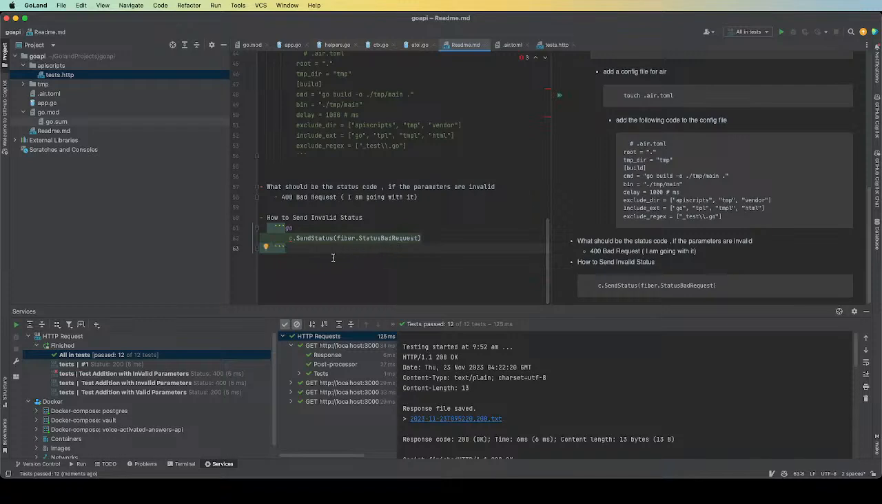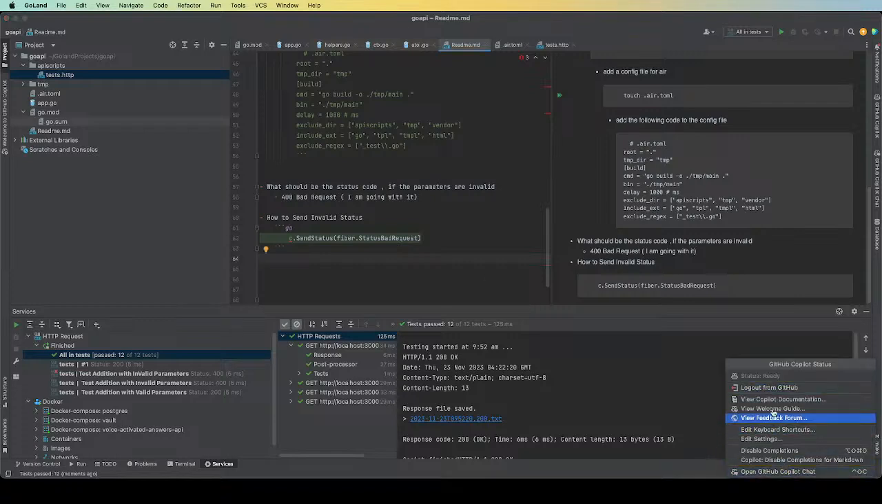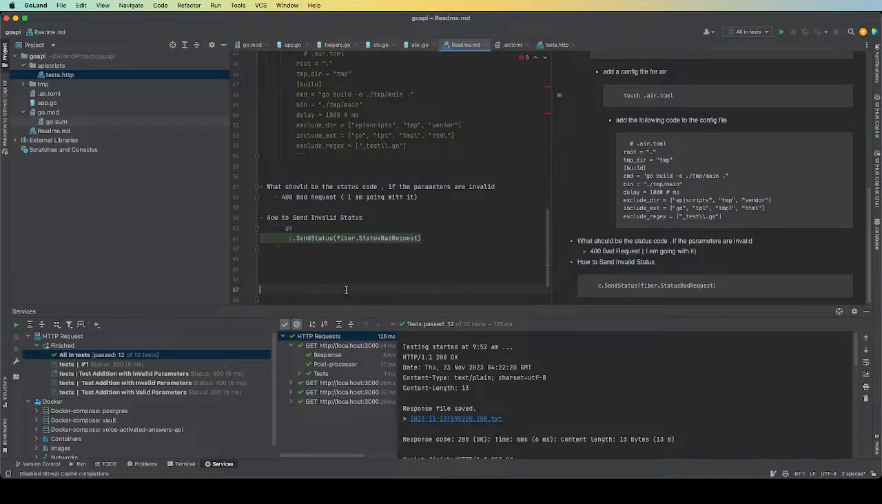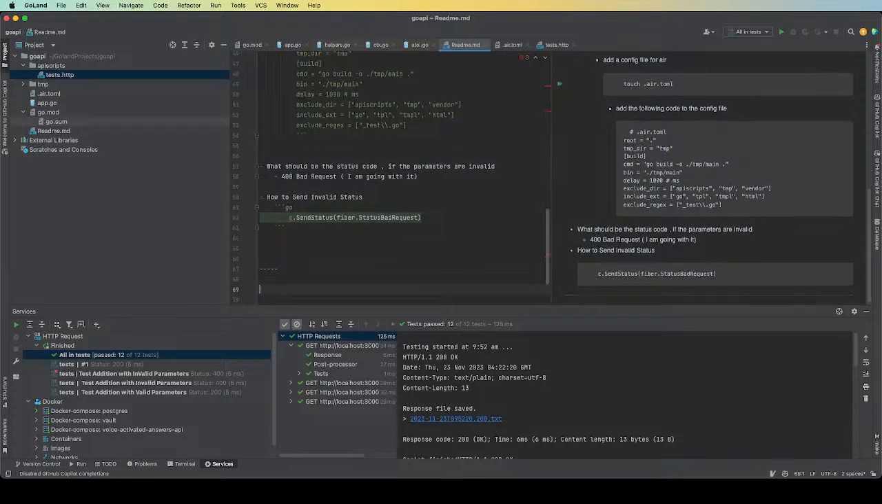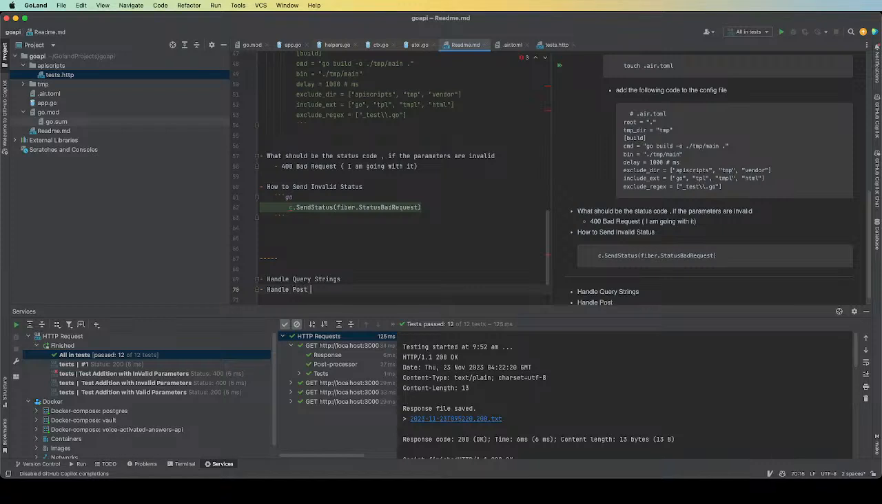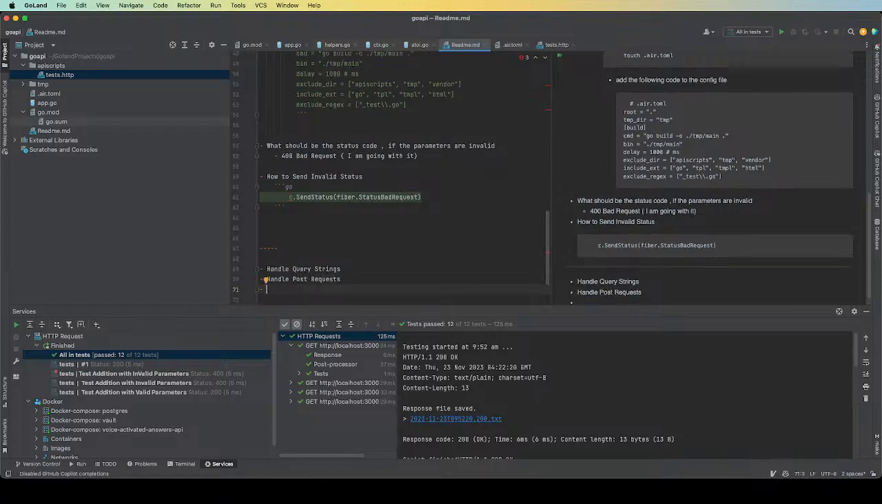Okay, so we have sent invalid status, and then what? Okay, so tomorrow, I think, in the next stream we will see JSON. These are all the things I think I need to do. I think I need to do one more thing. We'll disable this completion. We will see how to handle query strings, handle POST requests, send and receive JSON. Yeah, I think there is so much more to learn, but yeah, I think today I had some